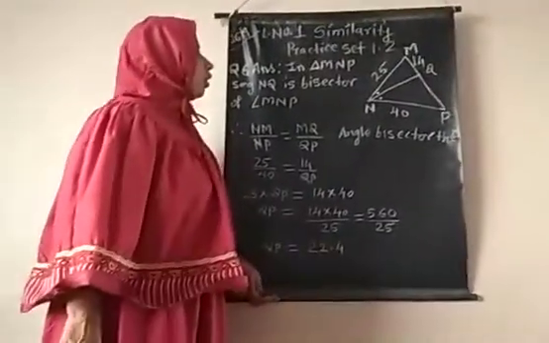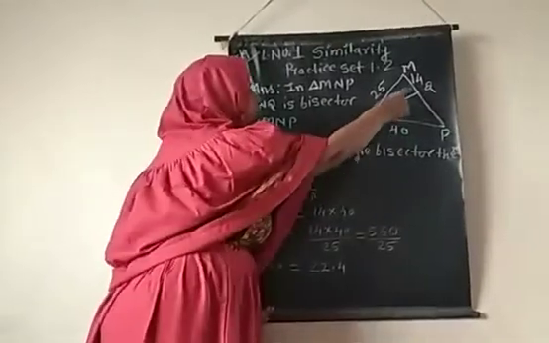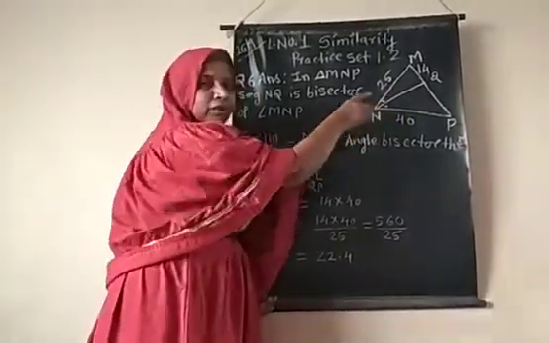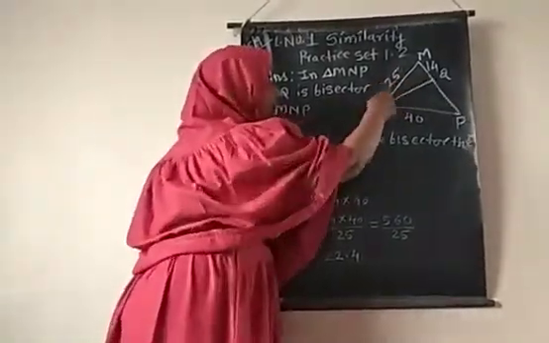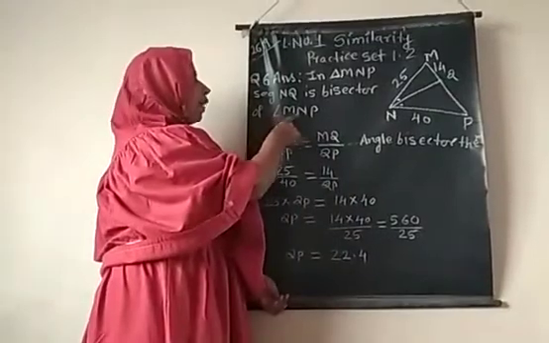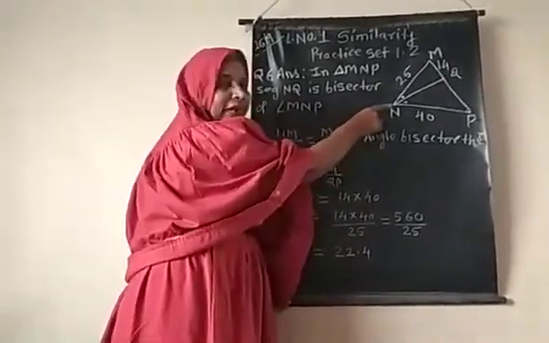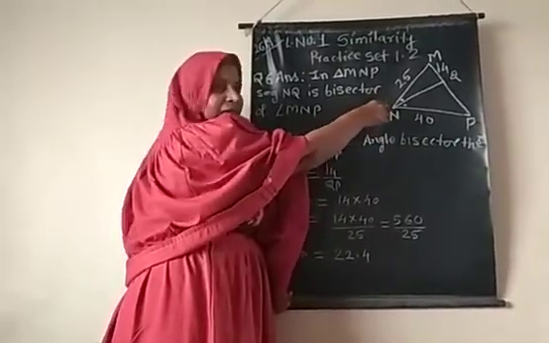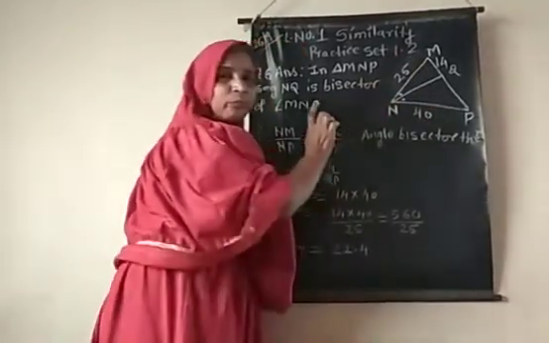In this question, in triangle MNP, segment NQ is given as a bisector. This is shown by these bisector symbols. So NQ is the bisector of angle MNP, it is bisected. So this N vertex, that is angle N, is bisected. So considering the sides of this N vertex, they are NM and NP.